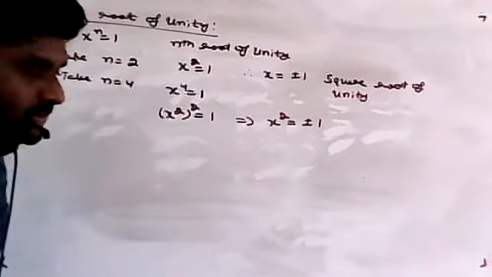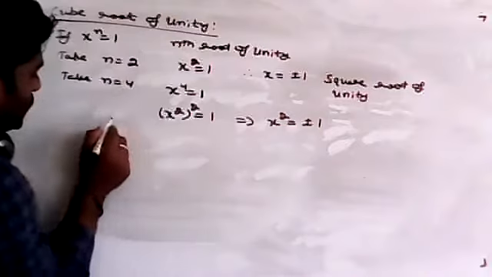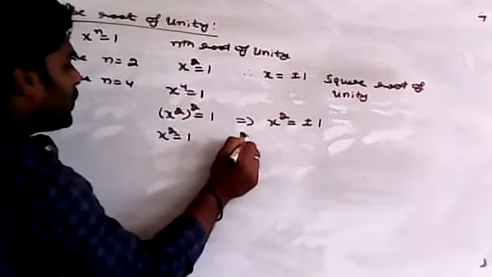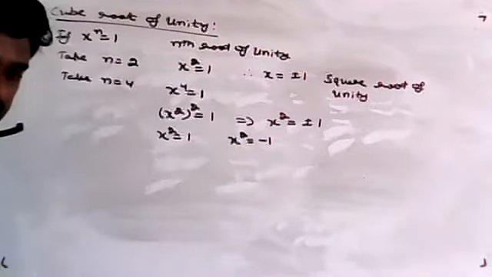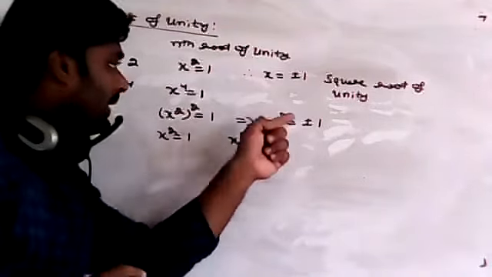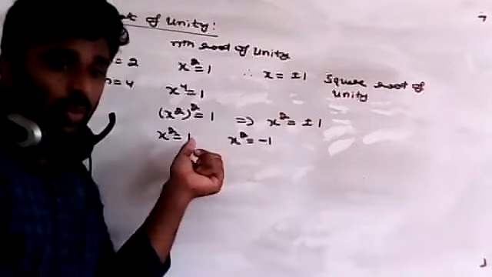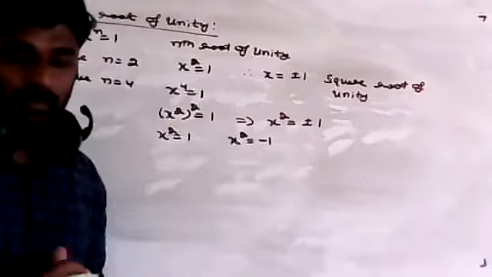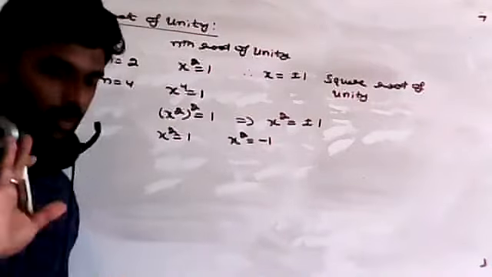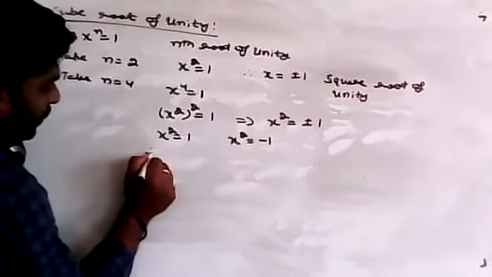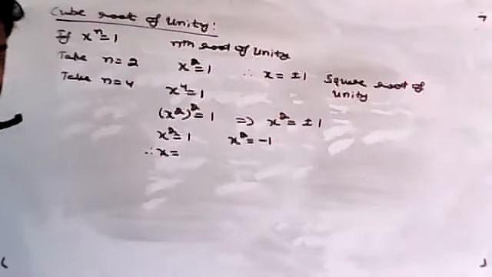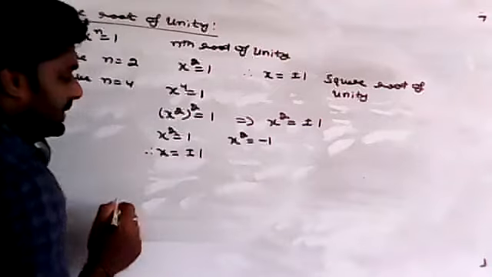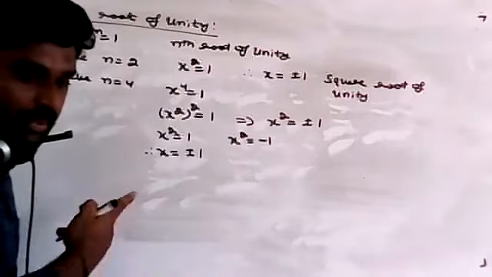So I'm equating each to this one. I'll take x square equal to 1 and one more x square equal to minus 1. Clear? When I take this side, x square equal to plus or minus 1; one I'll equate to x square equal to 1, and one to x square equal to minus 1. Now tell me, what should be the x value if x square equal to 1? As we solved earlier, that is plus or minus 1. Here we'll get the two roots, remember.